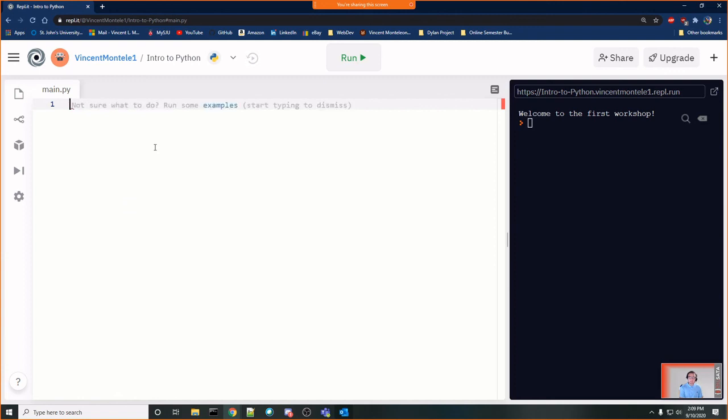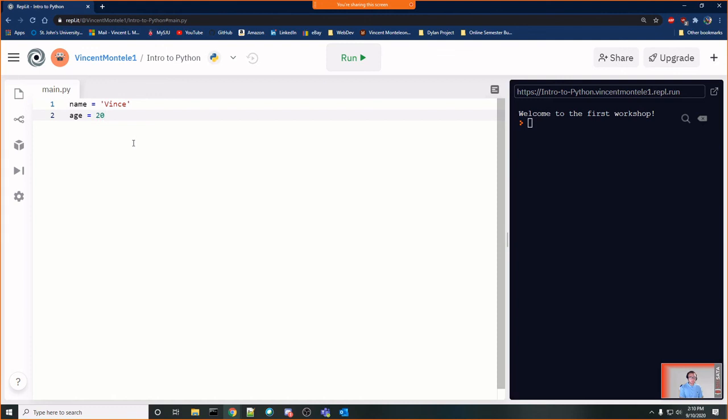In Python, it's as simple as just setting up a variable name and setting it equal to whatever value you want. So why don't I set a variable called name equal to, and using my quotation marks, I'll use my name, Vince. Python is great in the fact that it can automatically recognize what type of data is going to be stored in the variable. It's a big reason it's popular, that you can just set your data equal to it and it'll understand. So I'm going to set my name equal to Vince, and I'll set my age equal to 20.